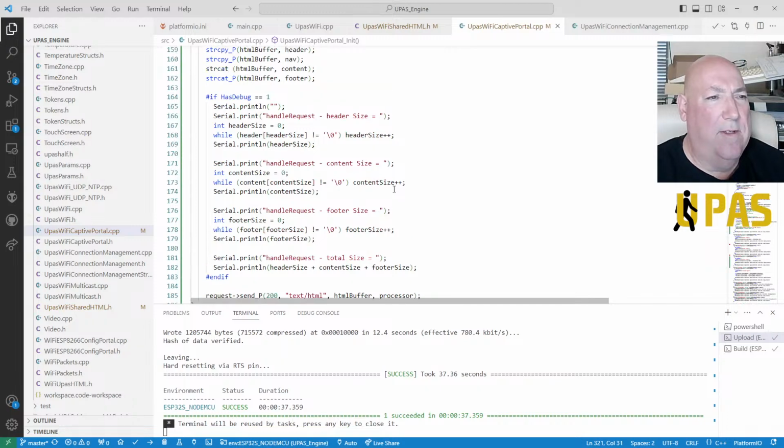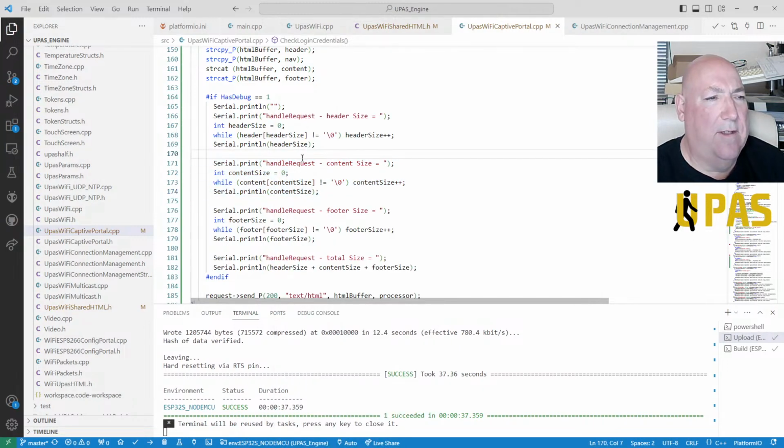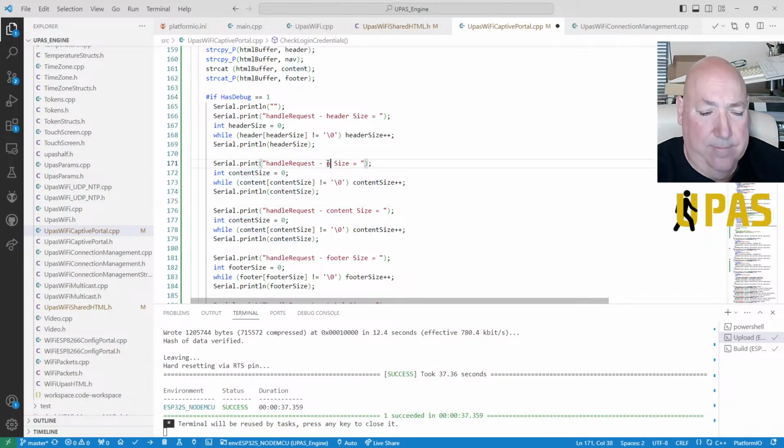I suppose we ought to extend this here to include the size of the nav size, content size, footer size, content size, nav size. Right, hang on.